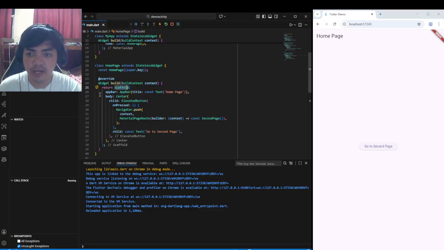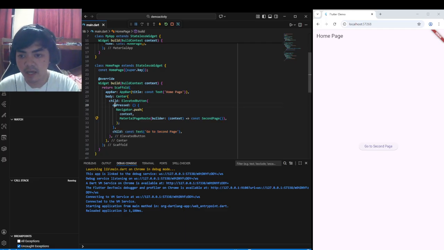Inside the scaffold we have our app bar, which is our navigation bar, saying Home Page, and then our body, which is centered, with the content of our elevated button, and the text says Go to second page.